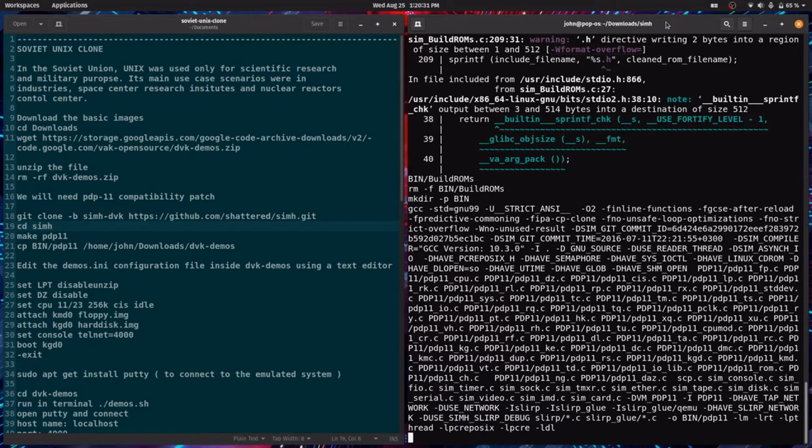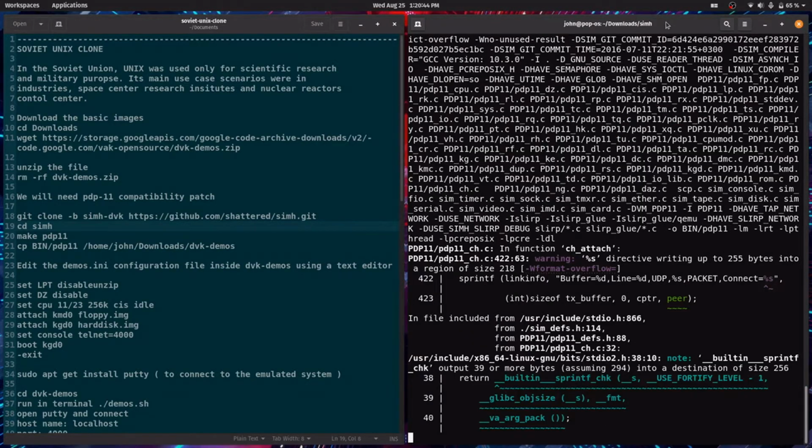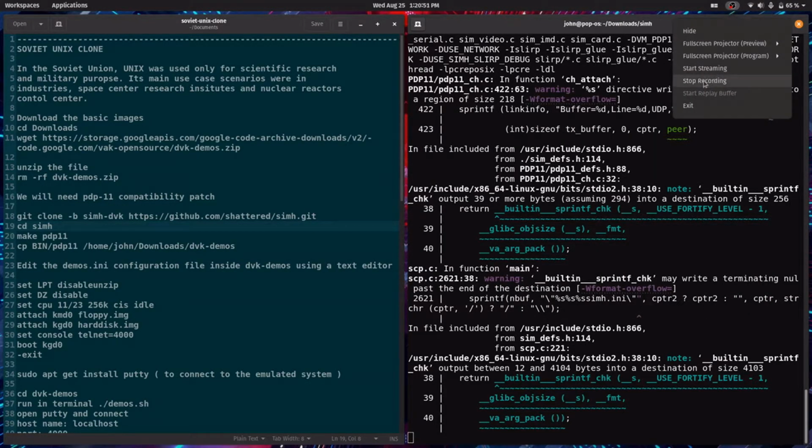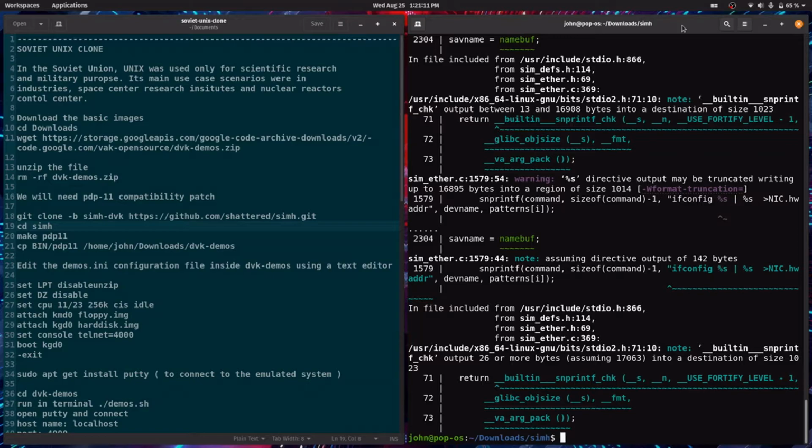It is making the file from the source code. Later we will need to copy this patch file to our dvkdemos folder. It has finished.